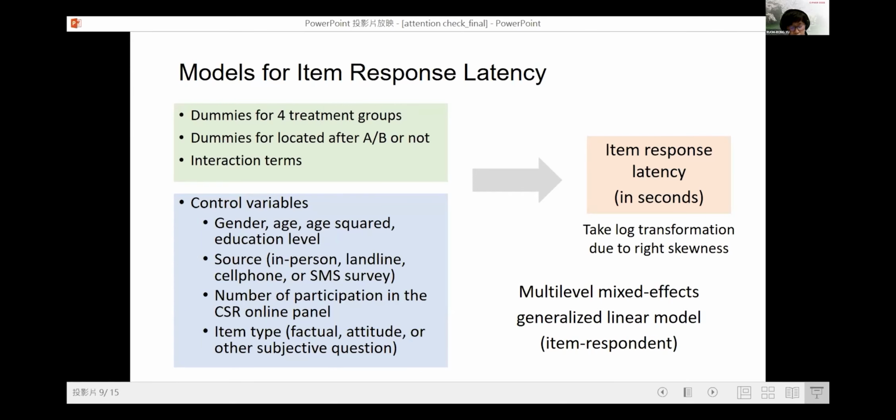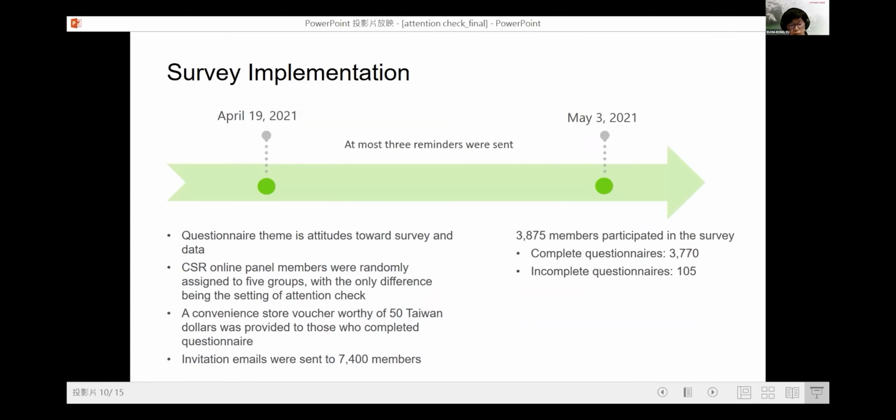For the control variables, in addition to the variables in the questionnaire quitting model, we also consider characteristics of the item, including factual, attitude, or other subjective questions.